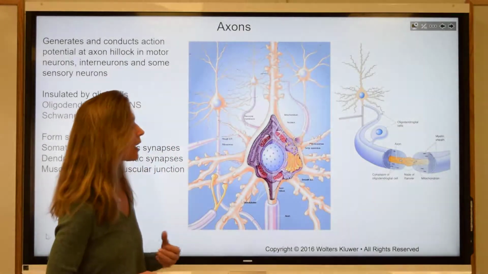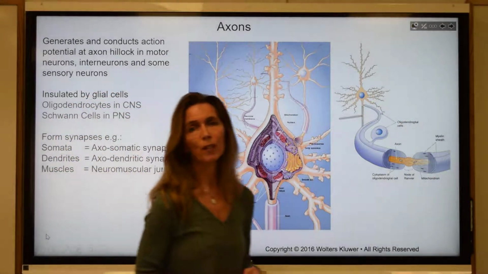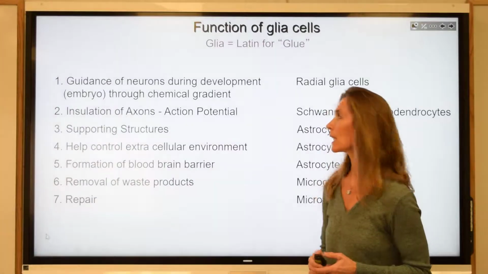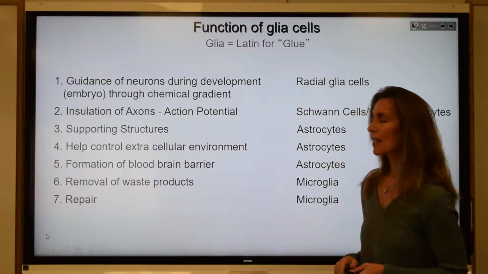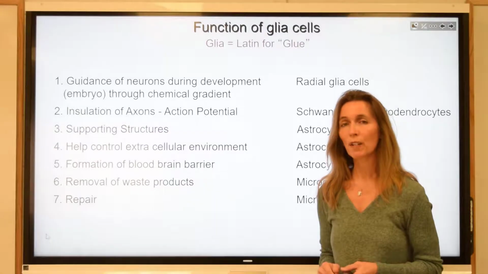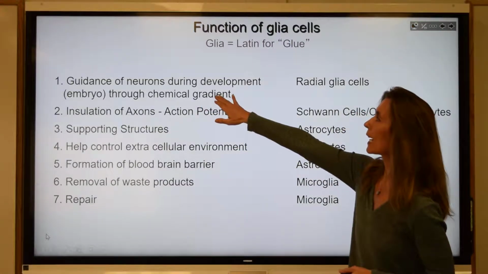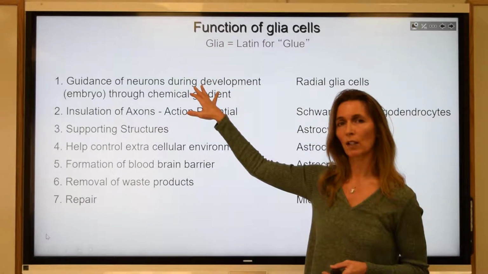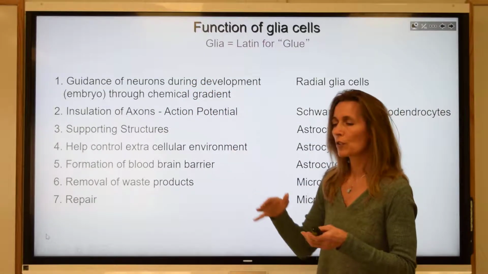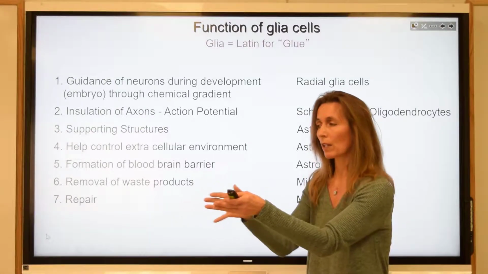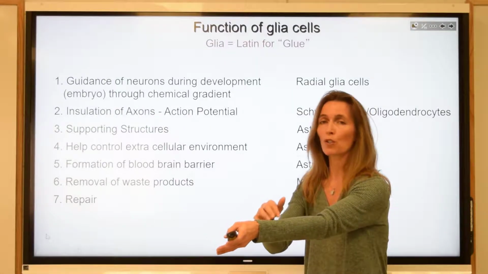So because glial cells are so critically important in the nervous system as well, I just would like to mention a little bit about glial cells. Glial cells have a number of very important functions in the nervous system. For example, guidance of neurons during early development. When the nervous system grows out, neurons have to find their path to where they innervate, which organ they innervate,